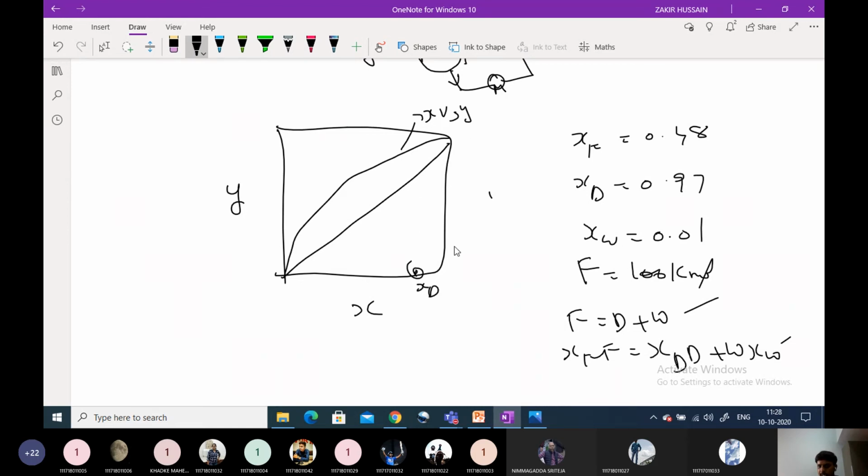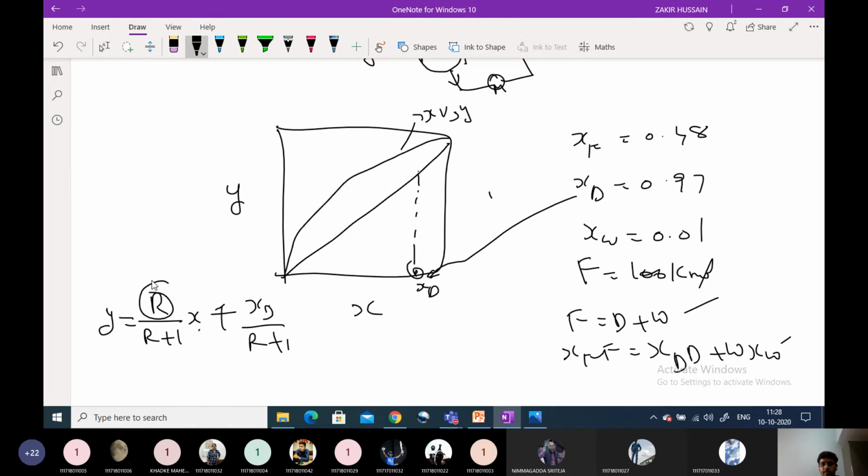First we have to locate our XD. XD is equal to this one. We have to project it up to the diagonal. Then from this diagonal, you have to draw the operating line for the top section, or the enriching section. The operating line is y is equal to R by R plus 1 into x, plus XD by R plus 1. So how will we bring this R? From where will you bring this R? Without this R, how can you solve that problem? For estimation of this intercept also you require R.